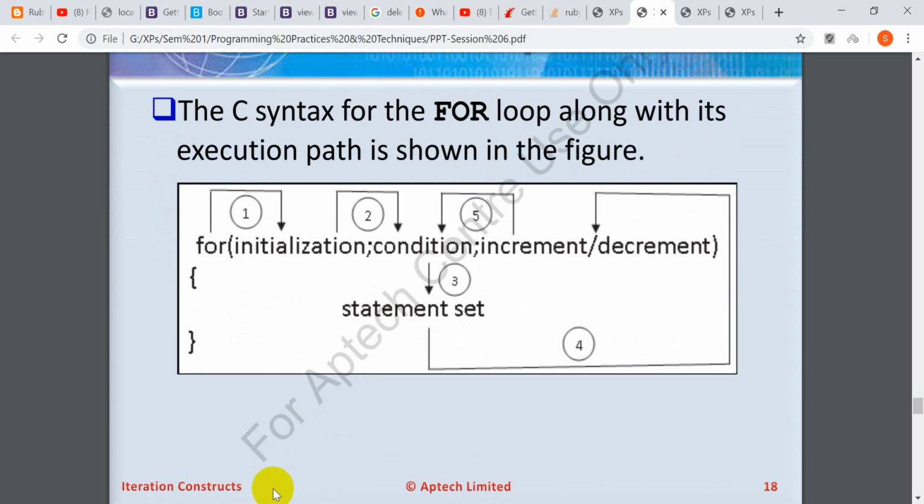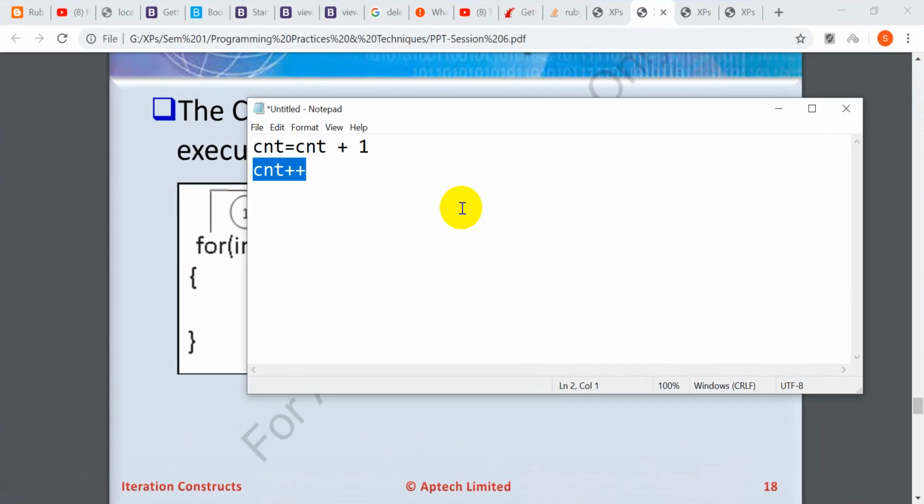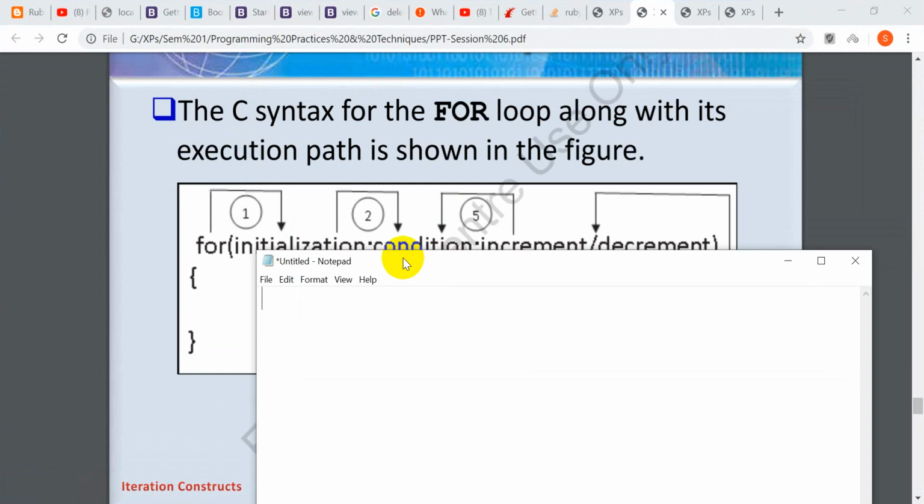So let's see. For loop. Again in the for loop, see, for loop, for, you have initialization. How do you spell initialization? Okay. Initialization. Initialization. Then